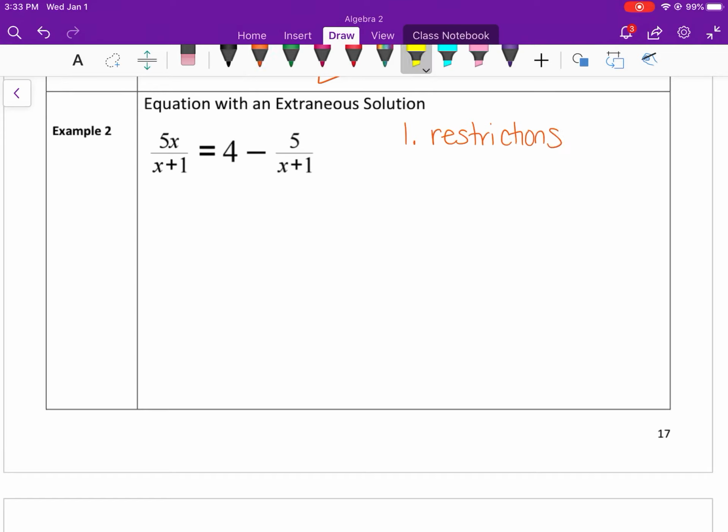We can't have the denominator equal 0. So here we have an x plus 1 in our denominator, and we cannot have that equal 0. So if you think, what would make that equal 0? And if you solved it for x, you would say, well, x can't be